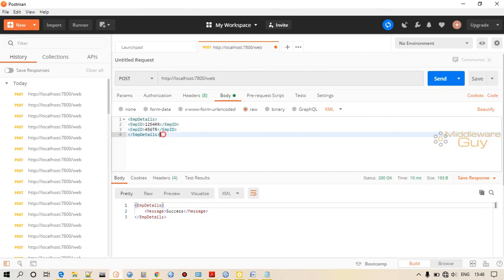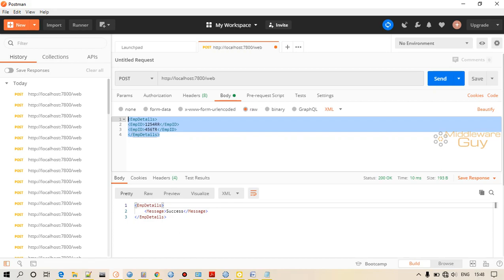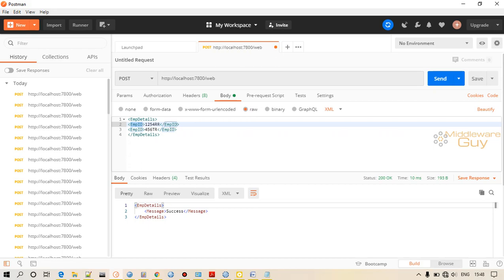Now this is my input message. In my message definition file, it is defined that this employee ID tag should contain an integer value, and also this can occur multiple times. So this is defined in my message set. If these values are integer, then everything is fine and I receive a success.